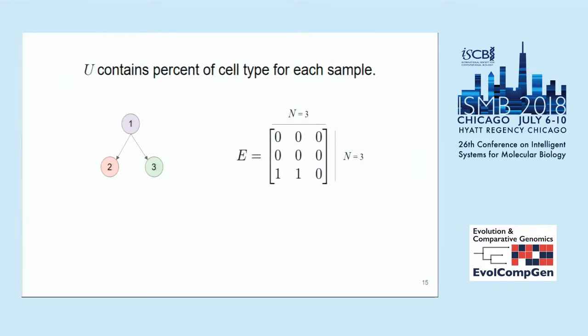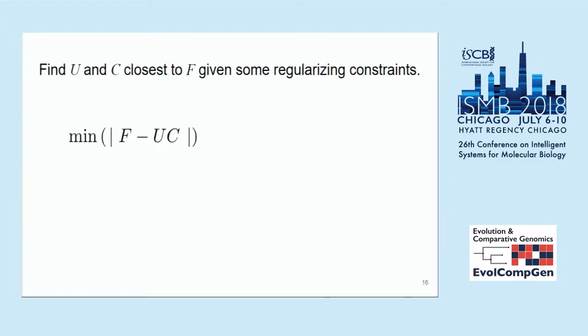And the matrix representation of this phylogeny would look like this matrix E, where in the bottom row we see the root has edges to both of its children. So one approach would be to find some U and some C that get as close as possible to the original matrix F. However, even if we solve this, we won't get a model for the relation between different cell